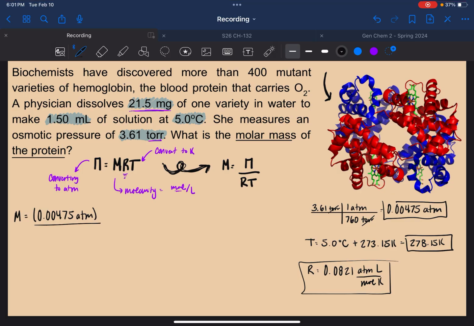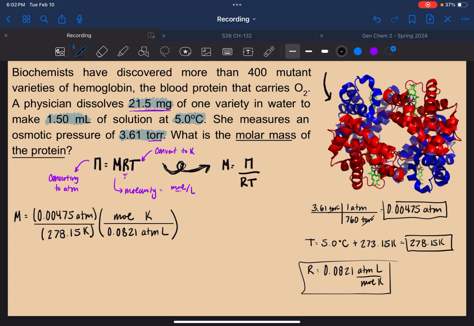I'm going to just divide by T real quick here because it's the easiest thing. And then I need to divide by R. That's the same as multiplying by the reciprocal. So just for the sake of space and my units, I'm going to write it out like this. So dividing is the same as multiplying by the reciprocal. So it comes to look